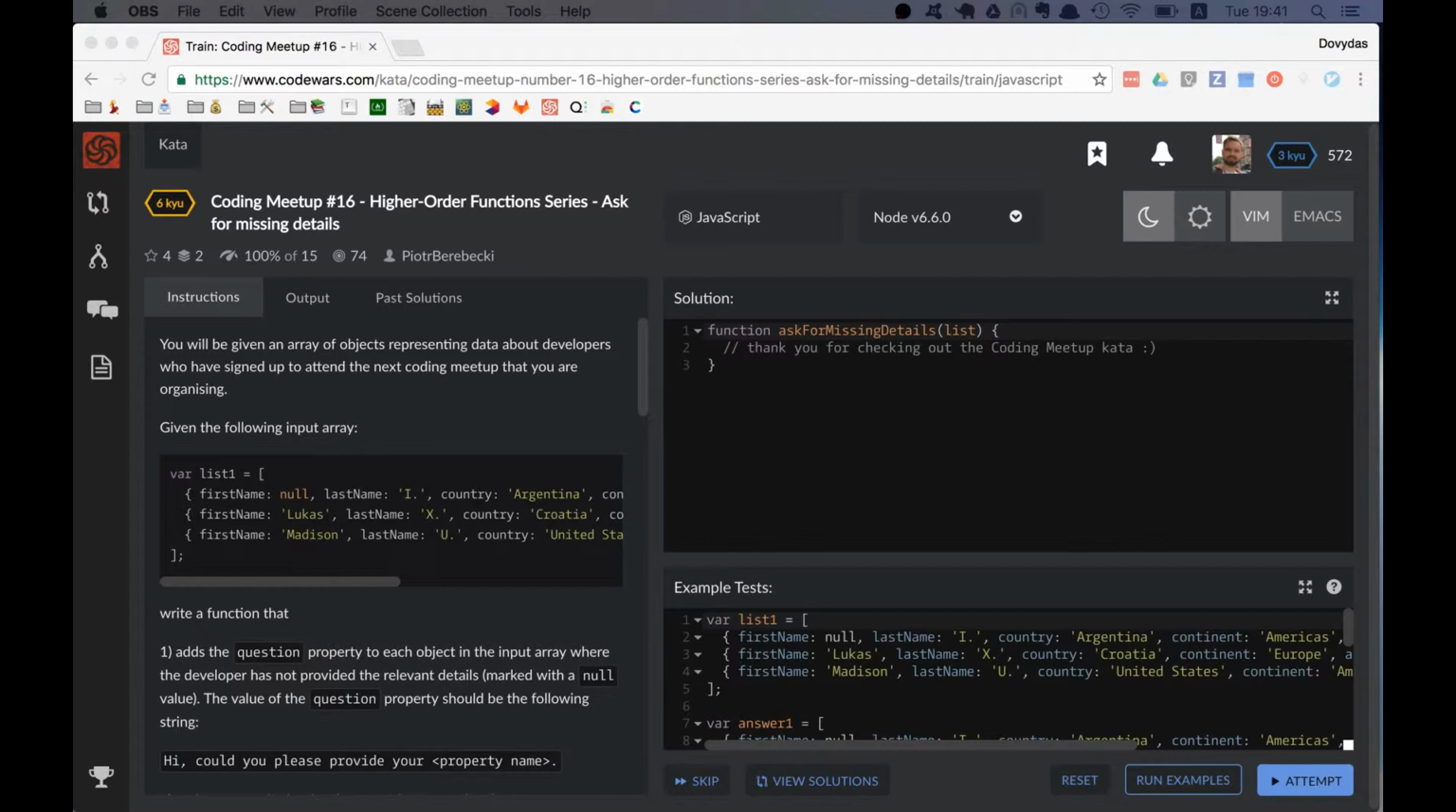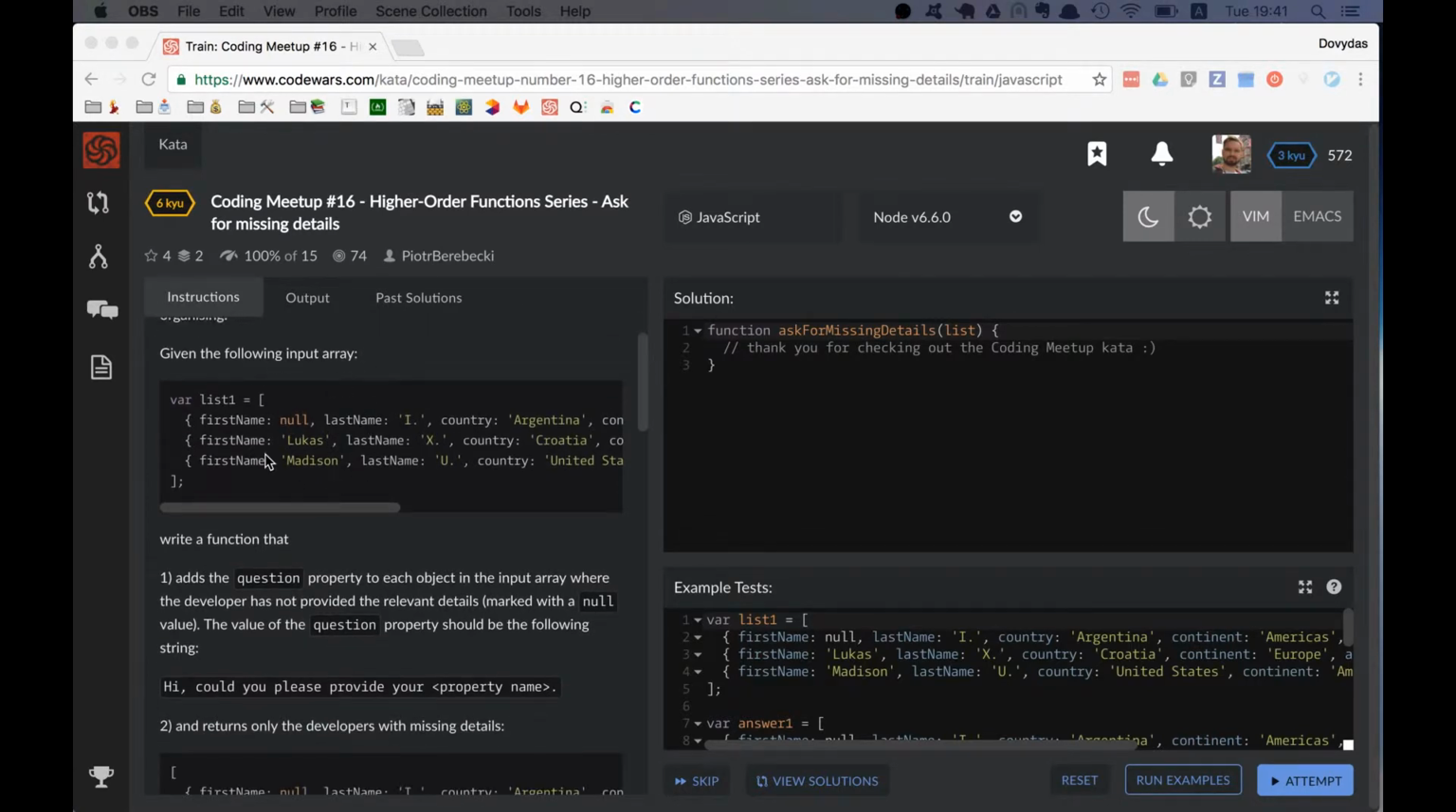All right, but we still have this final kata to solve, and it's not an easy one. It's one of the harder ones, but that's perfect for finishing it, right? So as always, let's check out the description first. We are given a list again, and in this list this time we have some missing details. They're encoded as null values. You can see first name null for this